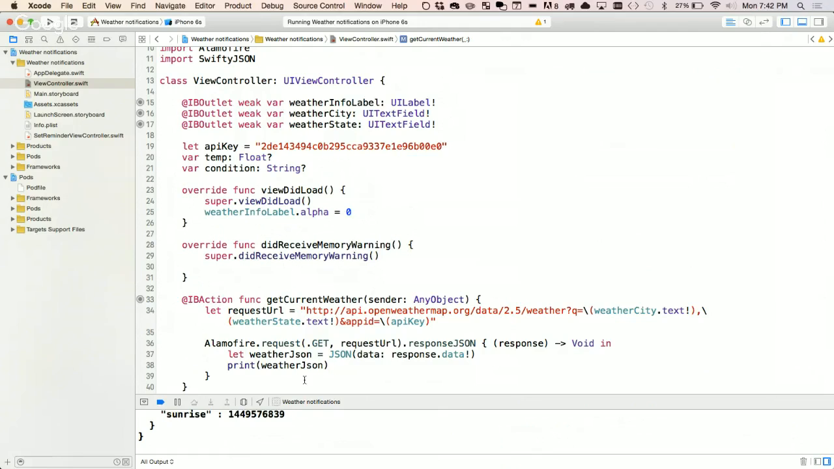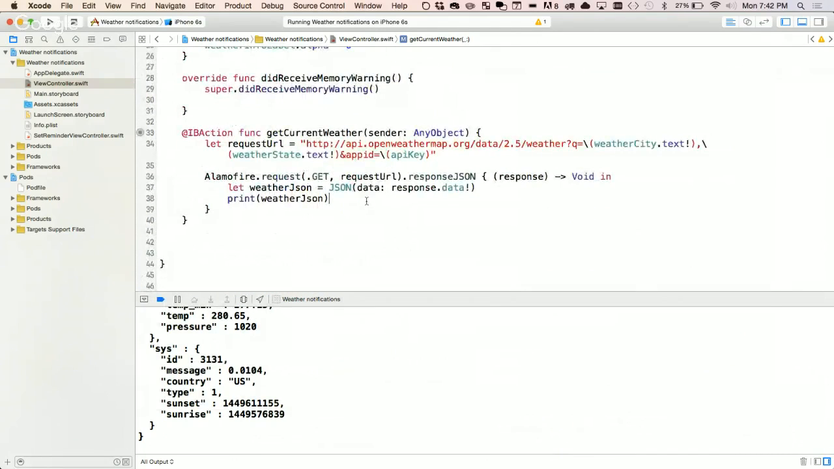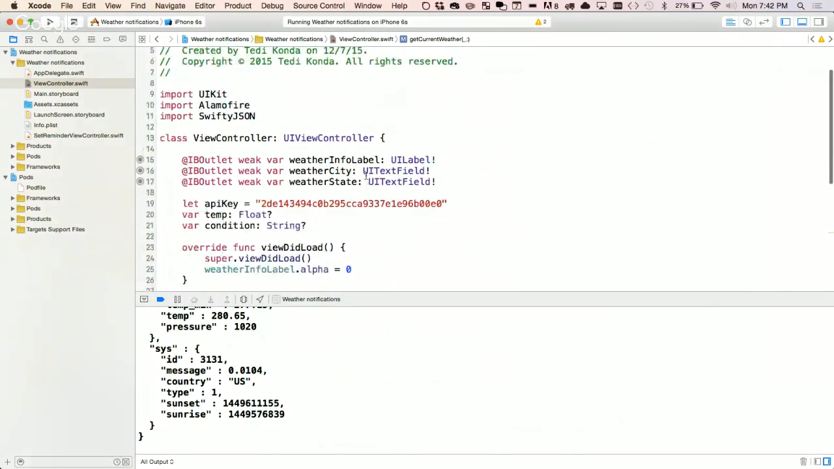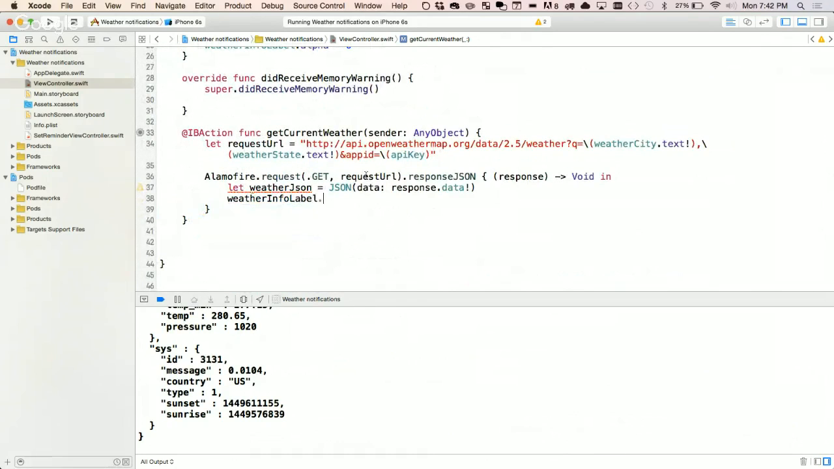Now we should also be able to, instead of doing the whole request URL, pass in parameters with our request URL, which we'll try soon. But let's first get this logic showing here. So let's update our UI. So we'll set our weather info label to be today's temperature is,